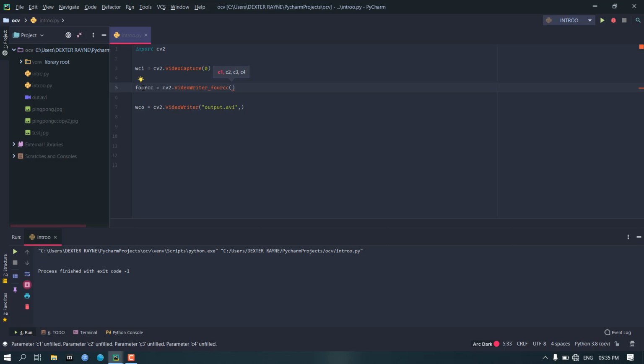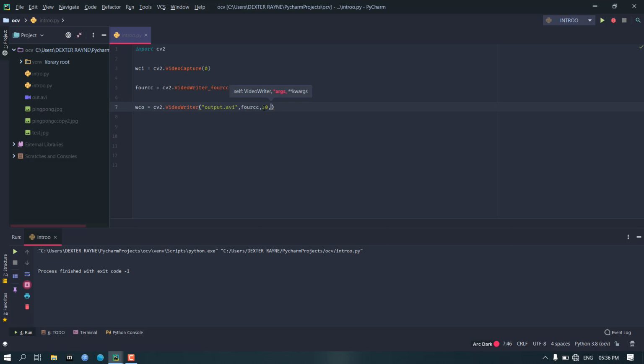If our codec is HFYU, then it will take H, F, Y, U. Okay, so we have our 4cc codec, and we will pass FOURCC, because it's the variable that is holding our 4cc codec. After that, we need the frames per second of the video, so we are taking 30 fps.